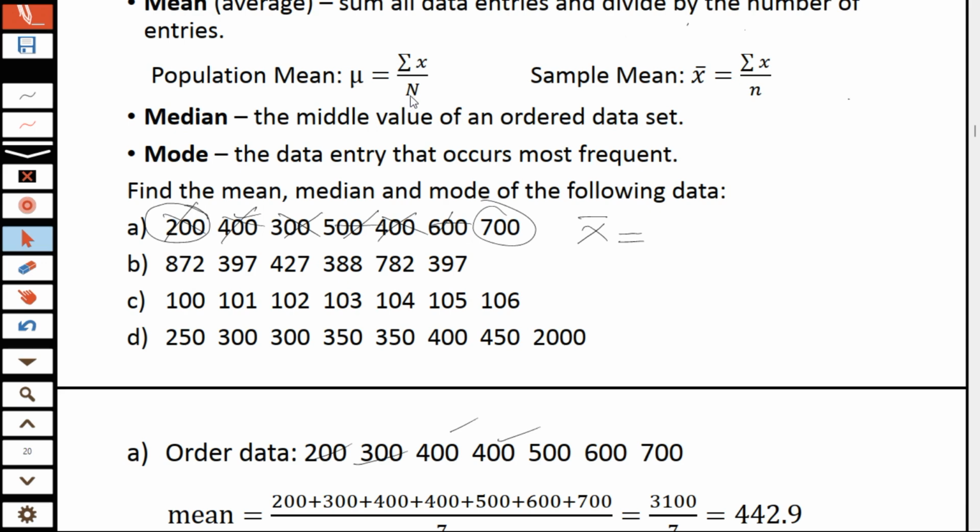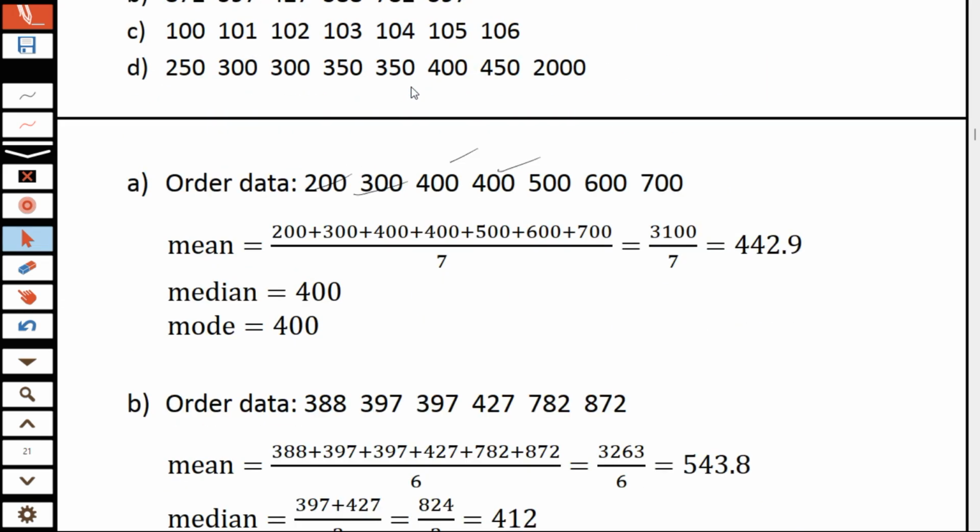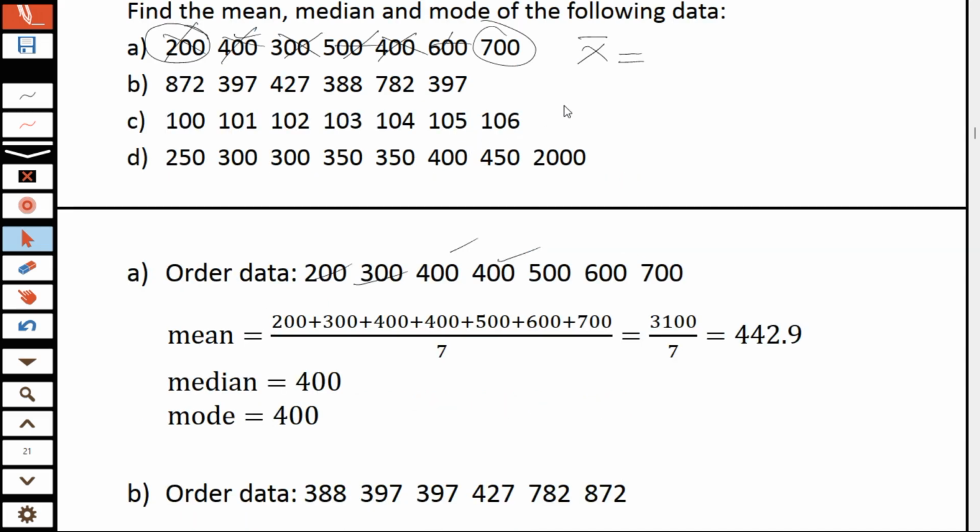For the population mean, we have a big N here, but for the sample mean, we have a small n. So the small n tells us that this is from a sample, but the big N tells us that this is from the population. So at the end of the day, we know that our x bar is equal to the summation of Xi divided by n. So here I'm going to sum everything: 200 plus 300 plus 400 plus 400 plus 500 plus 600 plus 700,